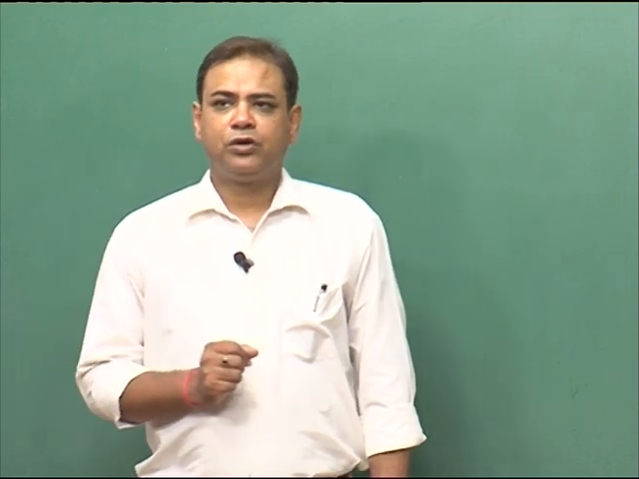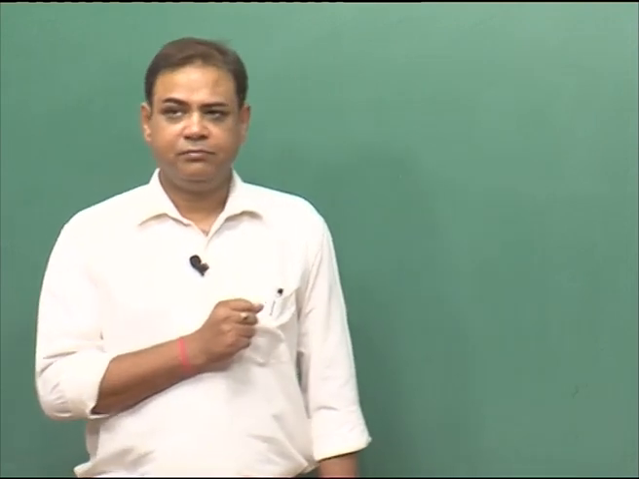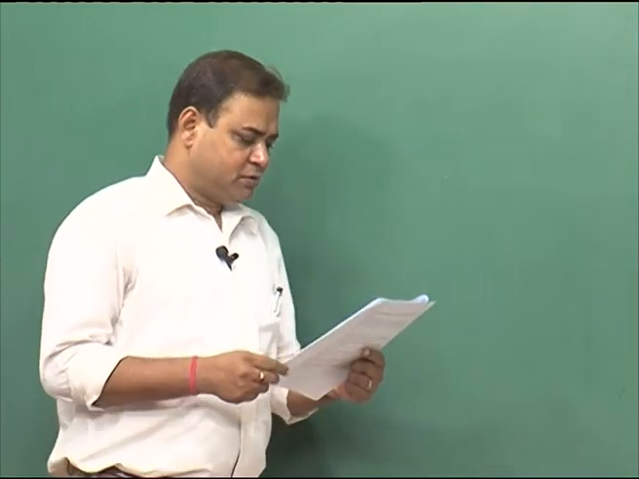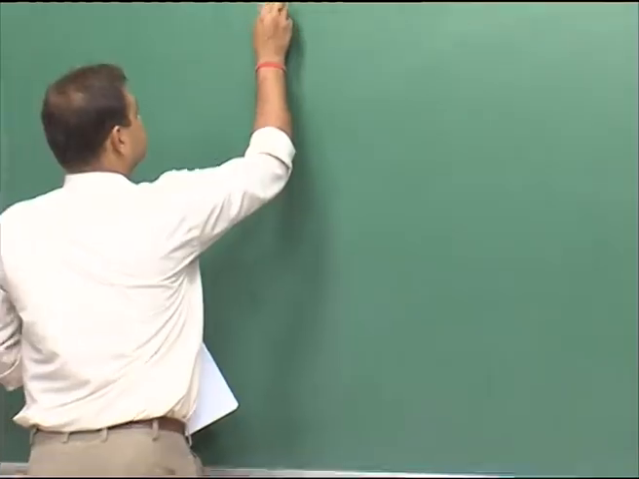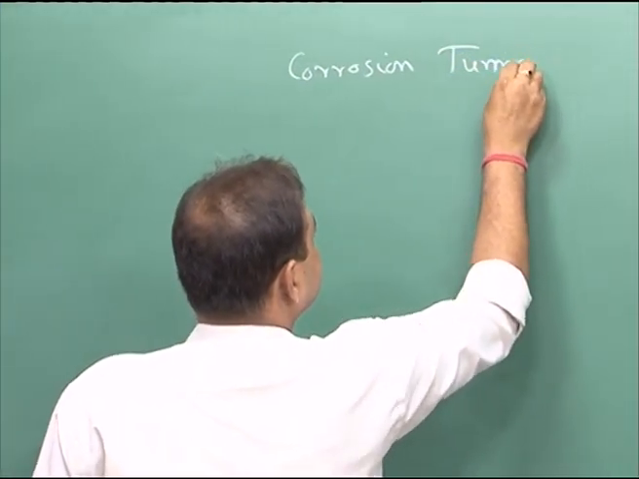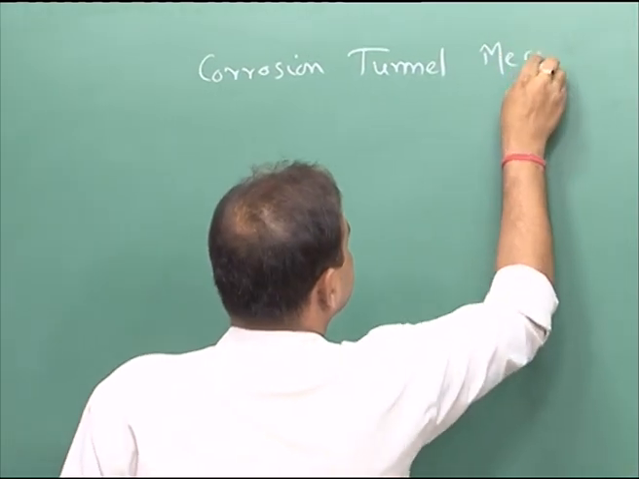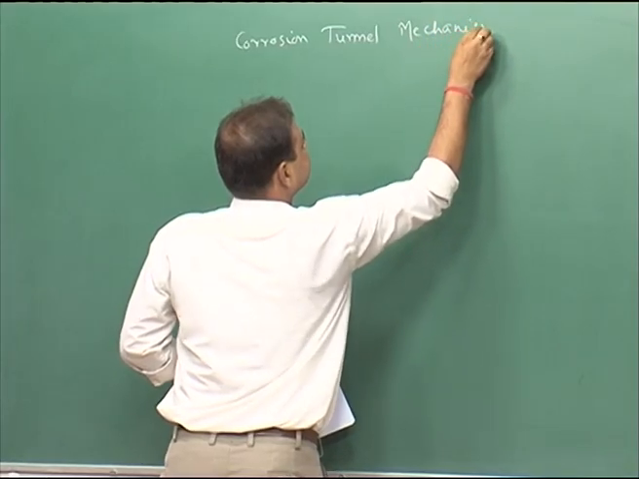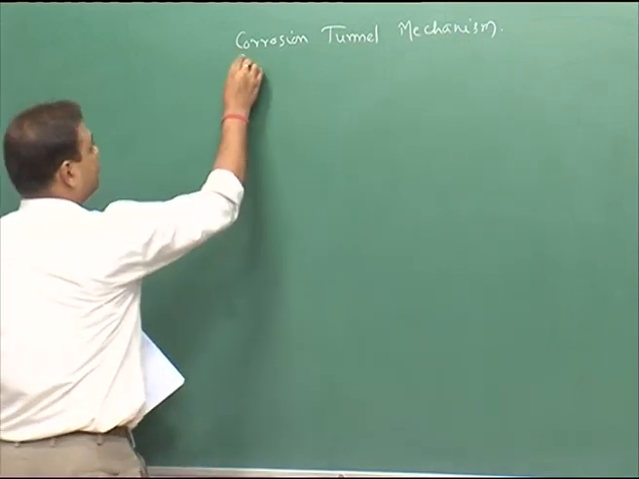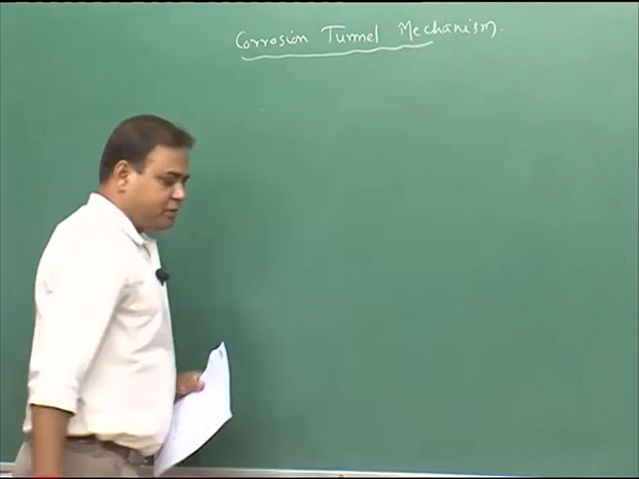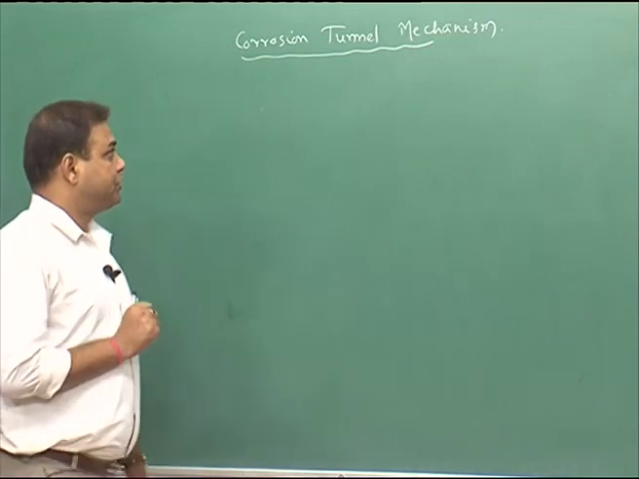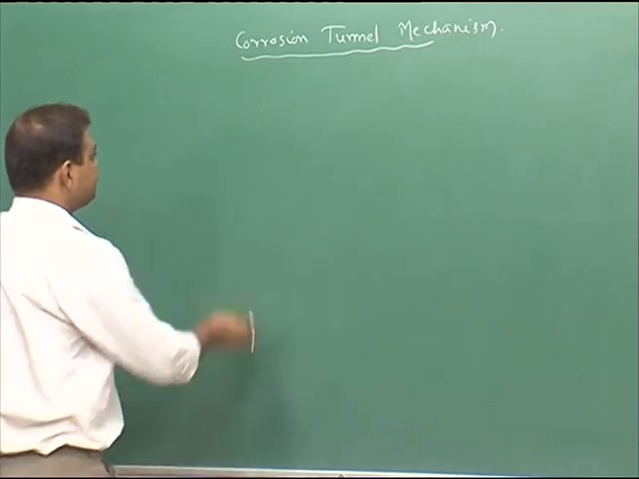So, we have one more mechanism under the dissolution control mode, that is the corrosion tunnel mechanism. In this method we combine dissolution as well as mechanical failure, both the things are combined together. And here what happens, if you have a crack,